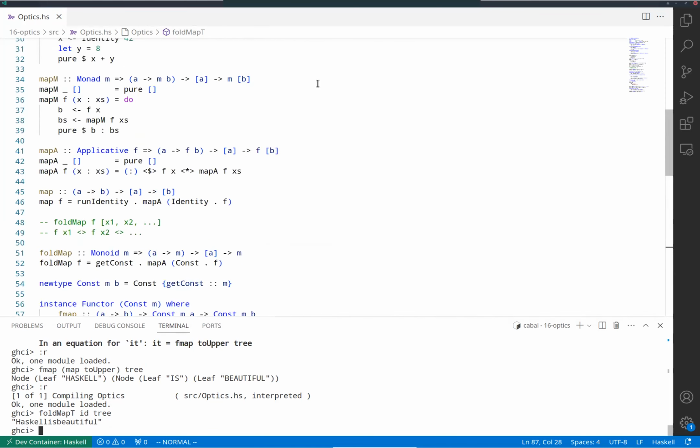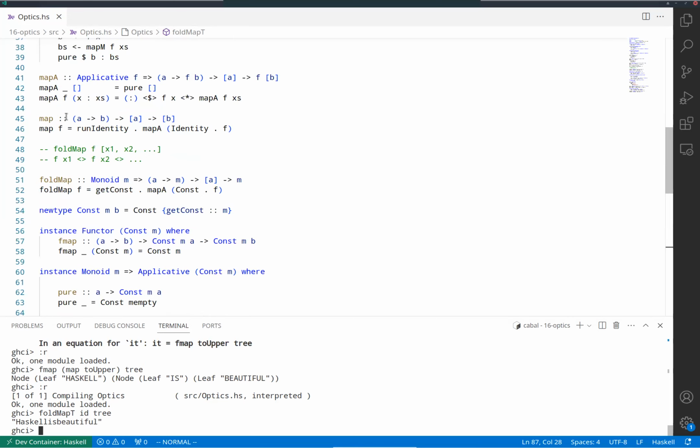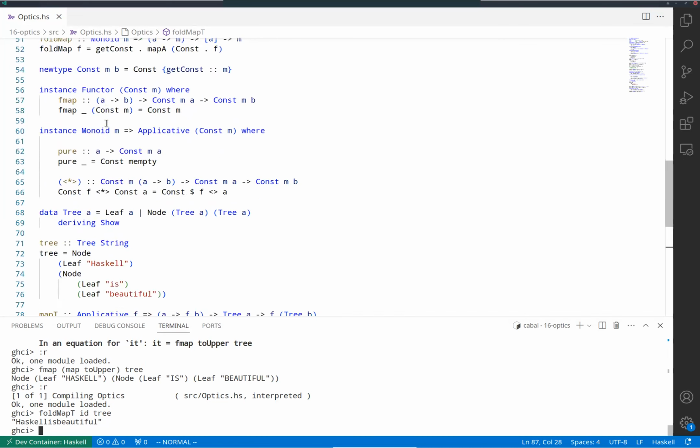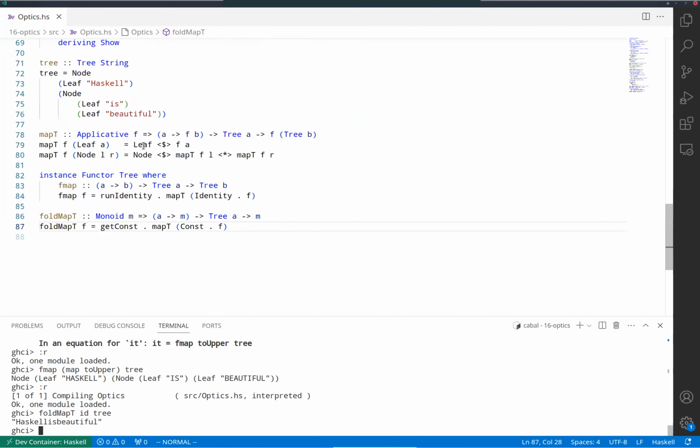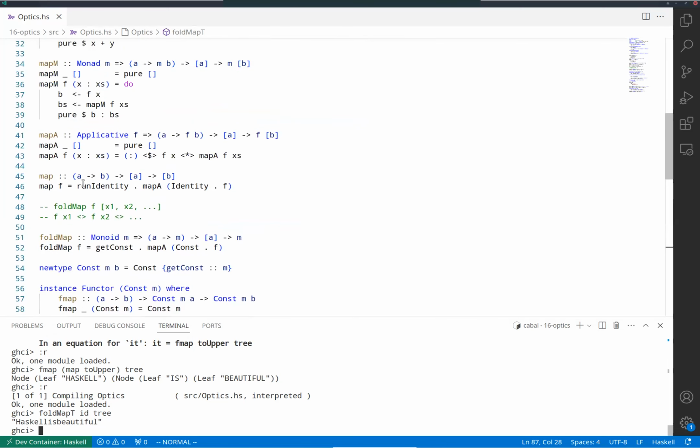And once we have this, we can get the fmap, the functor instance, for free by plugging in the identity monad. Same here. And we can get the foldable instance for free,